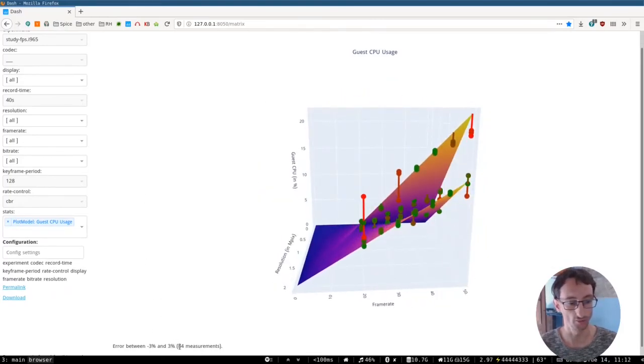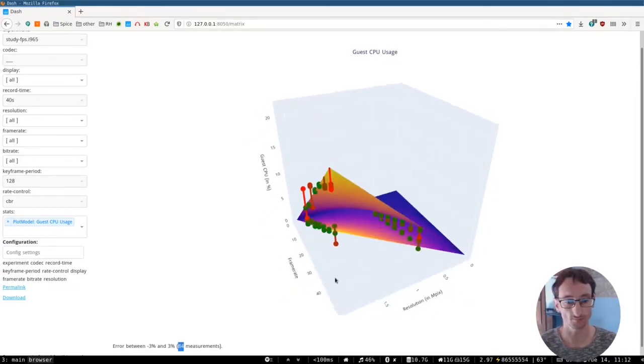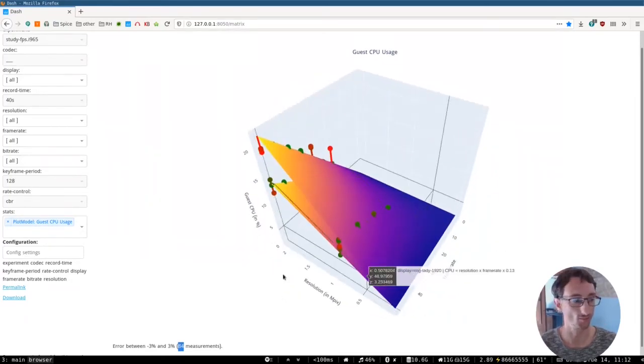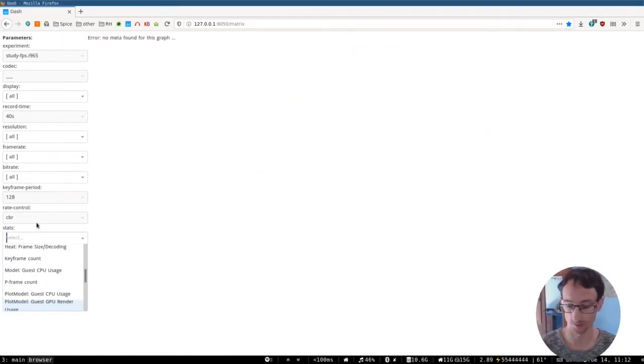So here we've got 84 measurements with 3% of distance of error for this modelization. We've got something similar